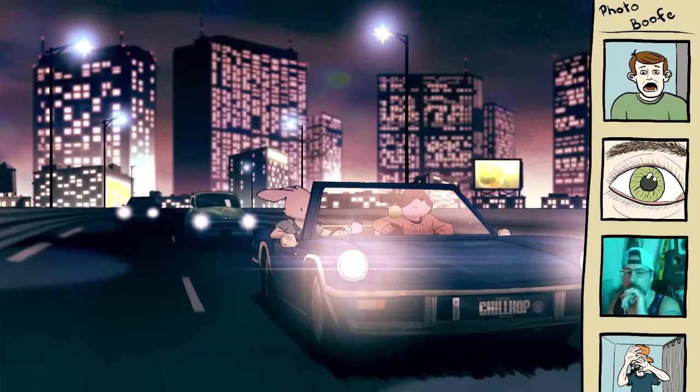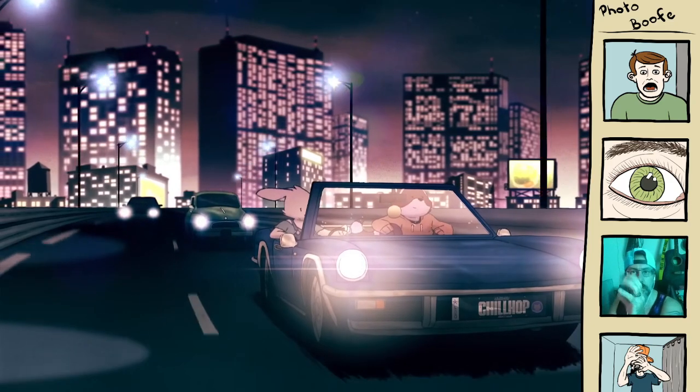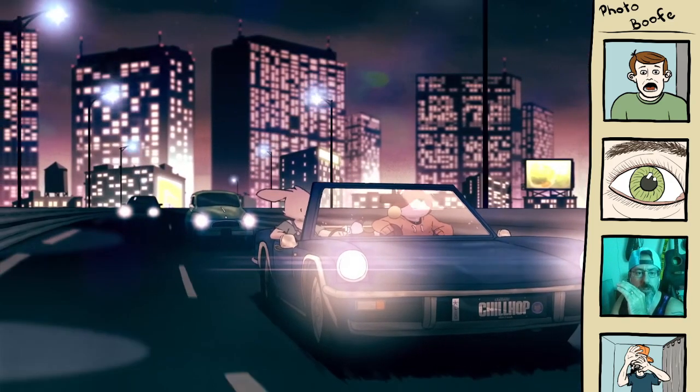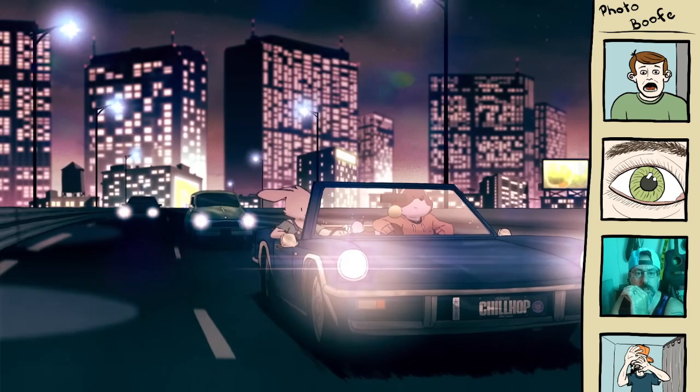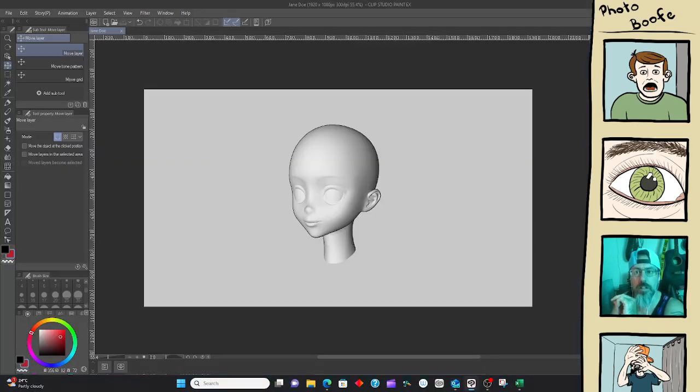I noticed on the last one the audio for the music was a bit low, so I cranked the music a little. And we're gonna get back to the drawing we were doing, or I was doing. So I'm gonna turn the music down just a little because it is hard to hear what I'm saying. It's a little distracting.